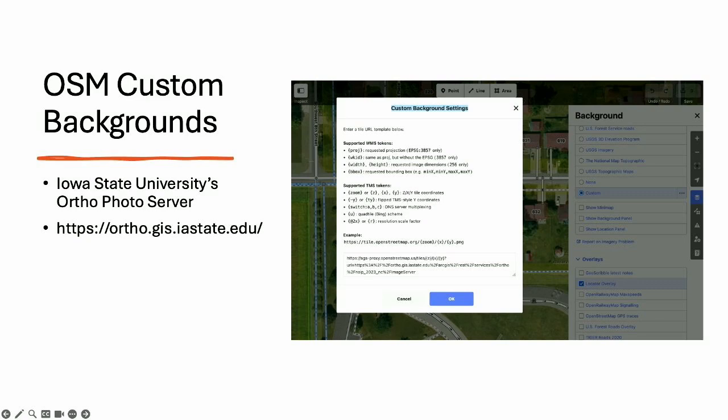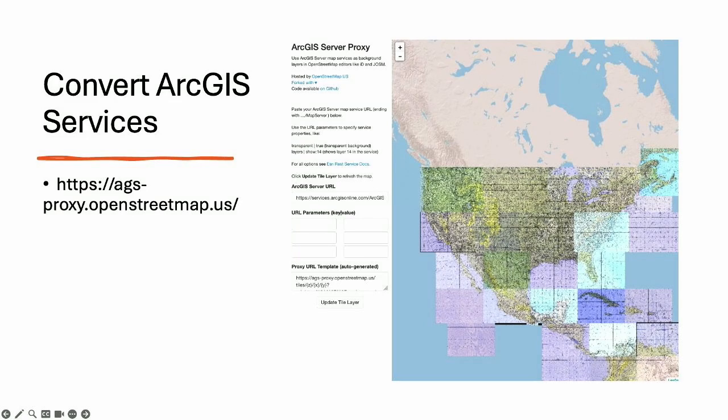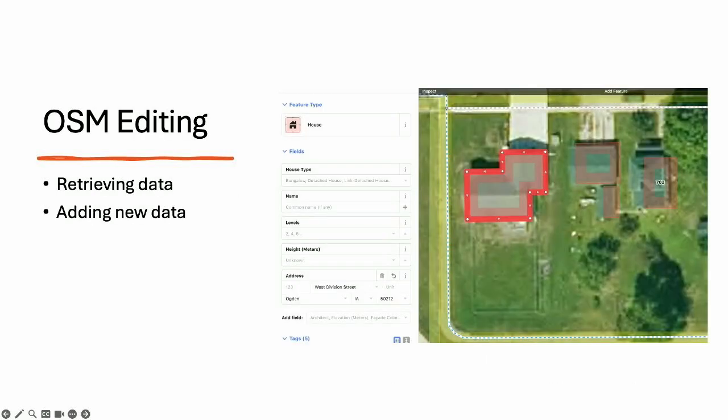The state gets flown almost every year. So we had imagery, and it is stored on a REST server, but I needed it in a format that I could use. And so I took it over to the ArcGIS server proxy tool from OpenStreetMap. It converted it to the XY coordinates that I needed, and I was able to plug it in and have it as a backdrop so that I could trace that house into the